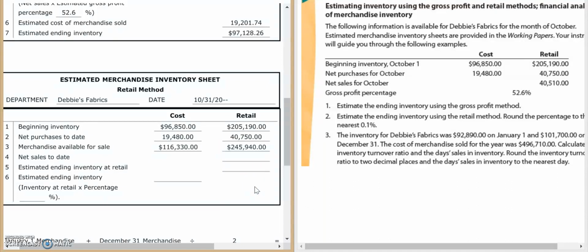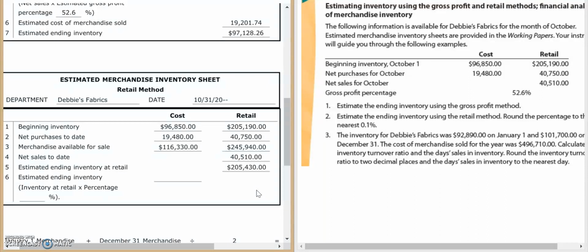Saying those numbers can get to be tough sometimes. So then we need to have our net sales to date. We have net sales of 40,510. We've done that before, which means that our ending inventory at retail is the difference between our merchandise available for sale and our net sales. When we do that, we get 205,430. Now, the last thing that we need to do is find our ending inventory at cost,